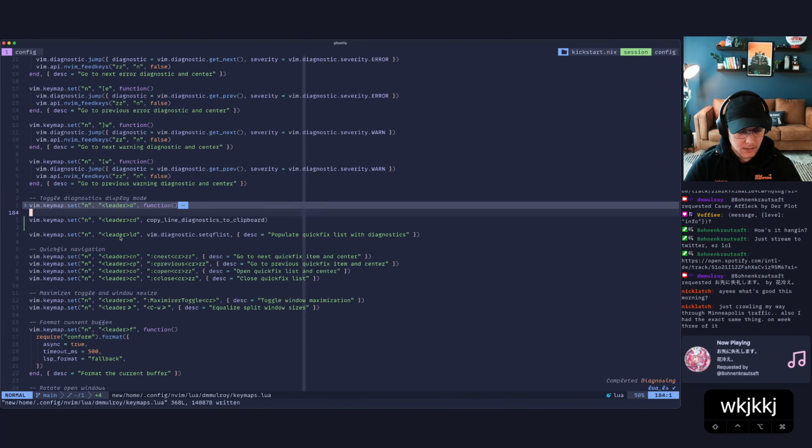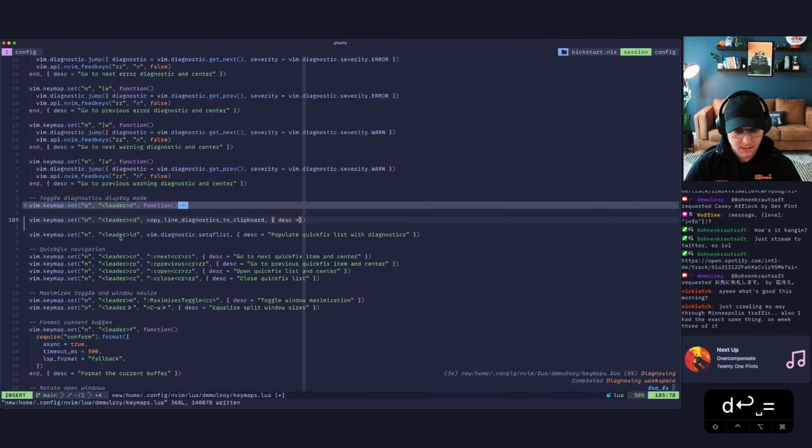And then we'll add, here, we'll add desk equals